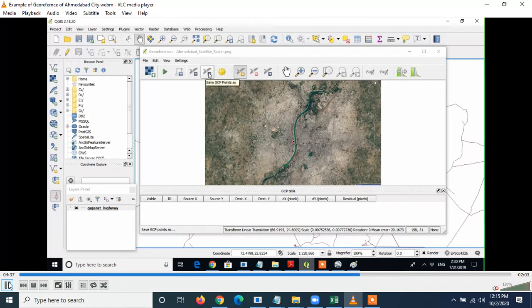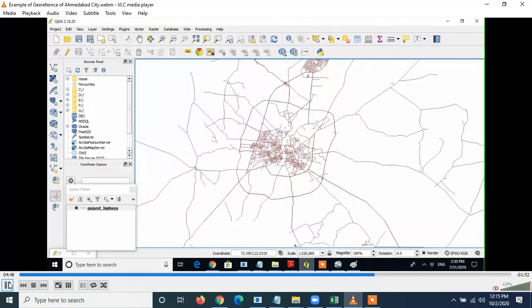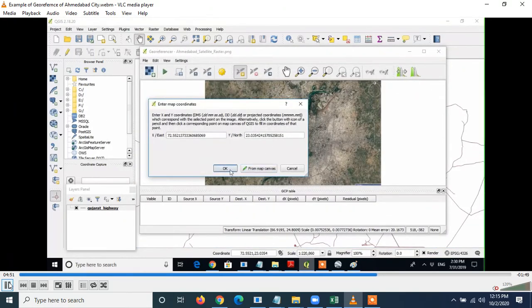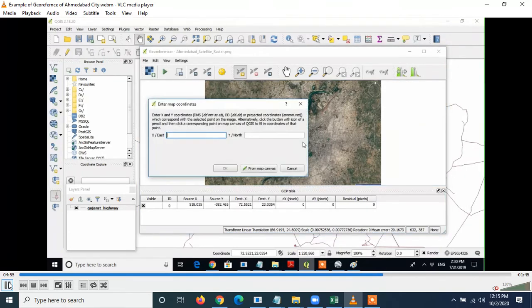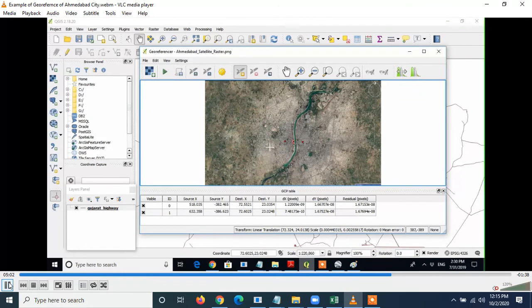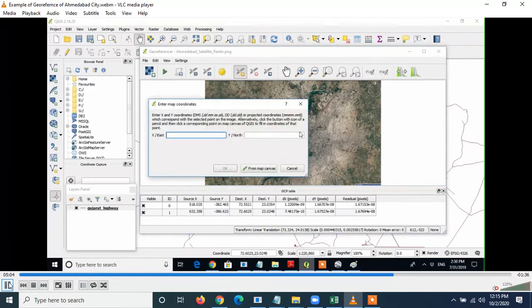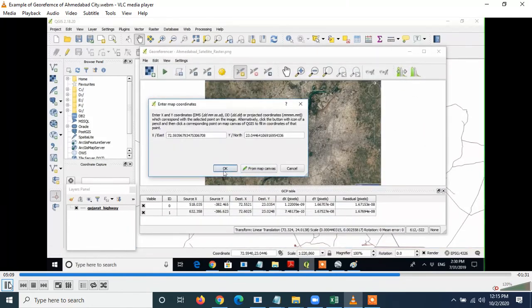To give reference of coordinates to an image file, at least 2 coordinates are required. So you need to click somewhere on the map, and then it will ask for the coordinates. Those coordinates you can take from the vector data of this map. So I have taken one coordinate, and this is the second coordinate which I am putting on the image. Then I am taking the third coordinate.